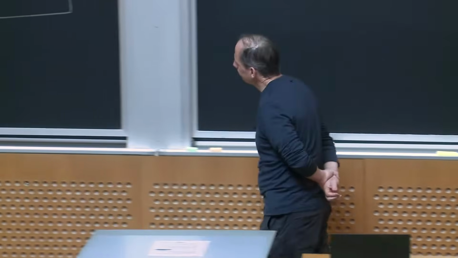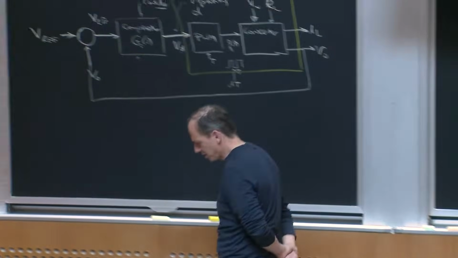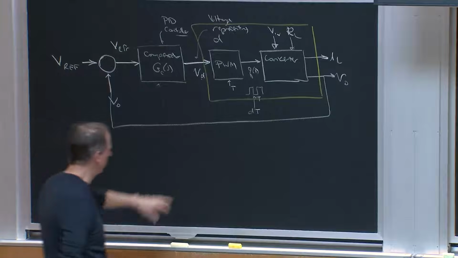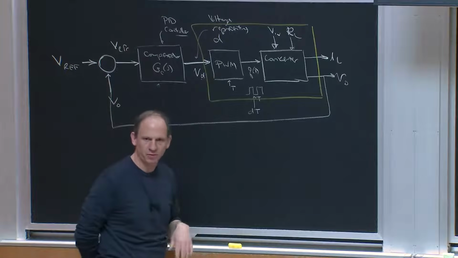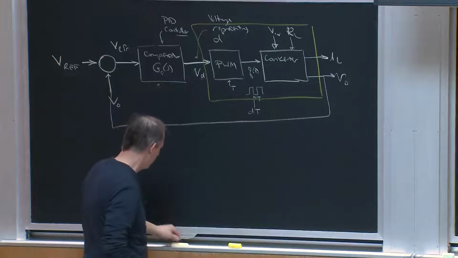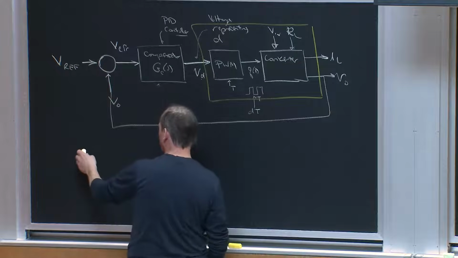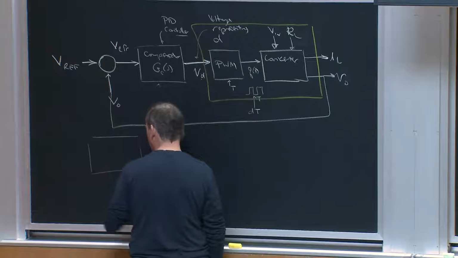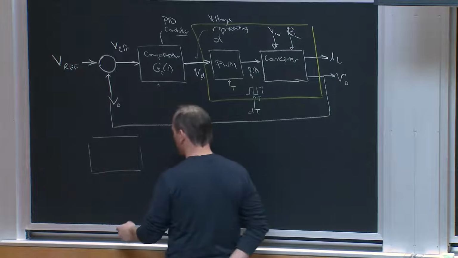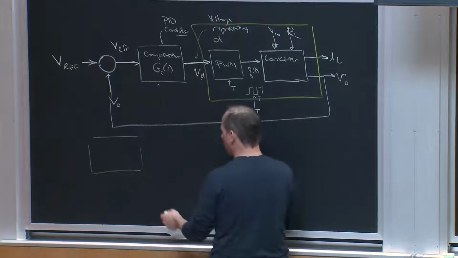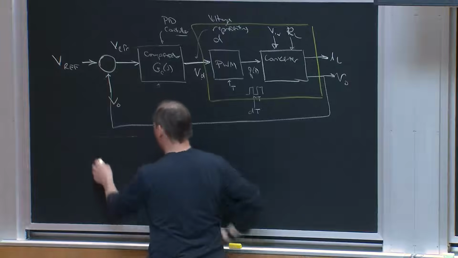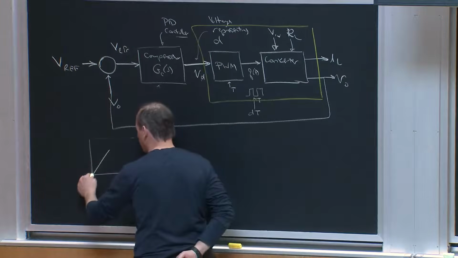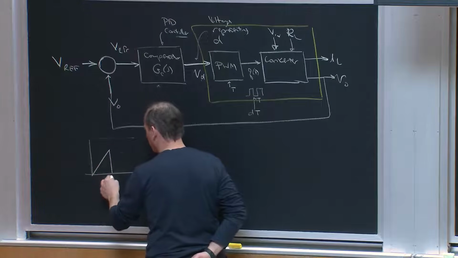Okay, so let me think about this in a couple of pieces. Well, first of all, let's just talk about this PWM block. We've talked about this before. This isn't part of the average model, but essentially, what would the PWM block look like? Basically, what I would have is maybe I would generate some triangle wave. This could be a sawtooth, for example, with a period t,